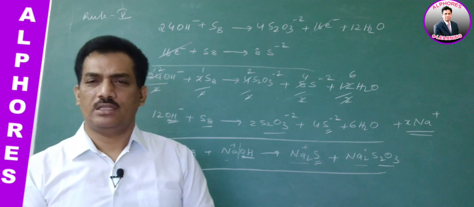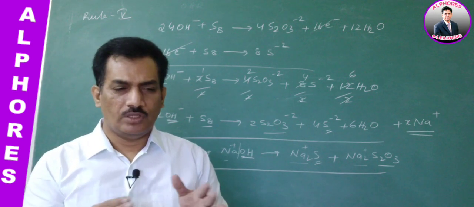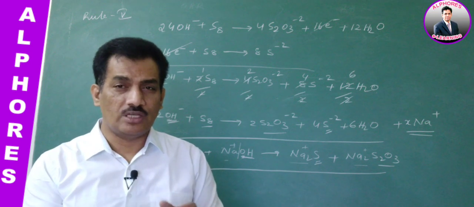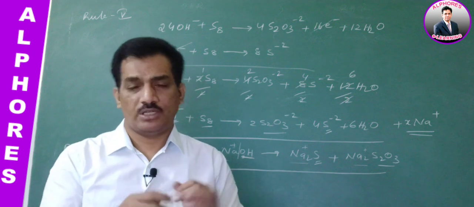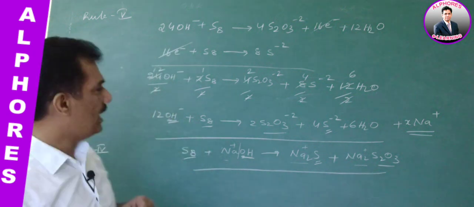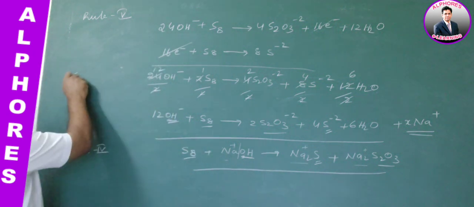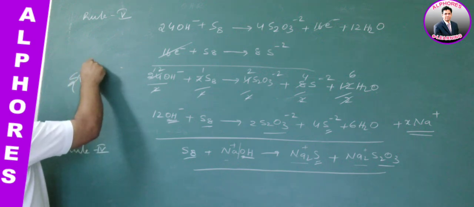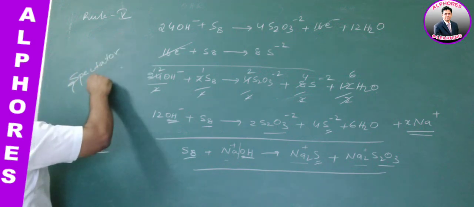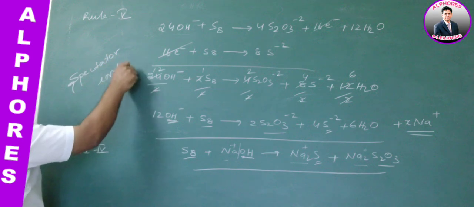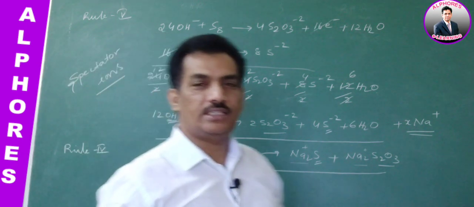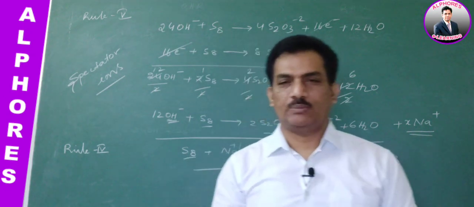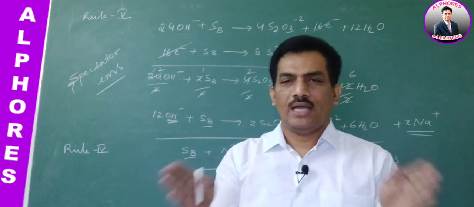Here simply we can say that this type of ions which are not involved in the reaction but are present in the solution are known as spectator ions. You remember, they are known as spectator ions. And my dear students, for easy understanding of the spectator ion, let me explain to you. It is nothing but a match going on.